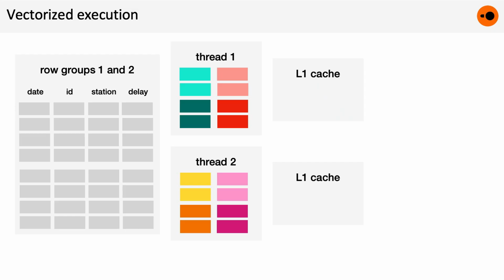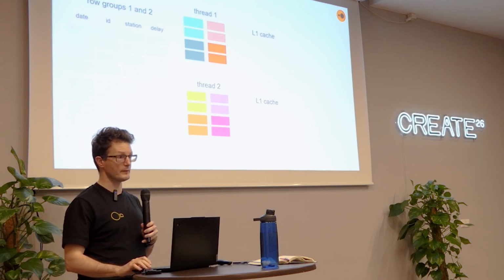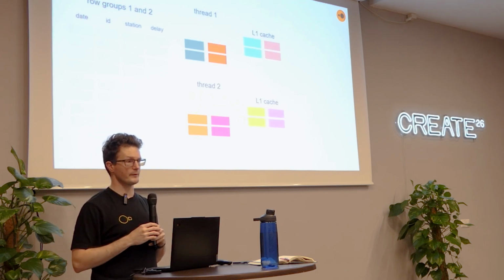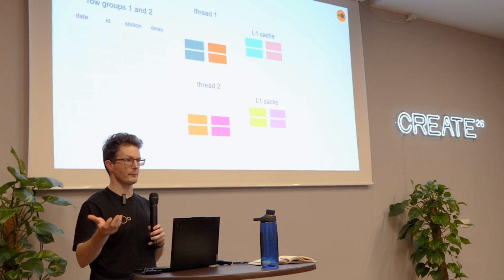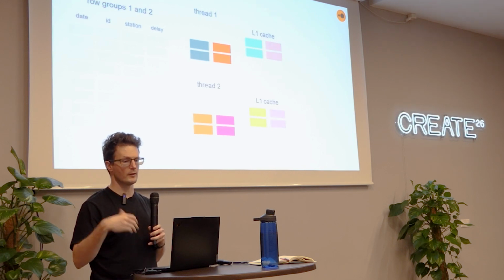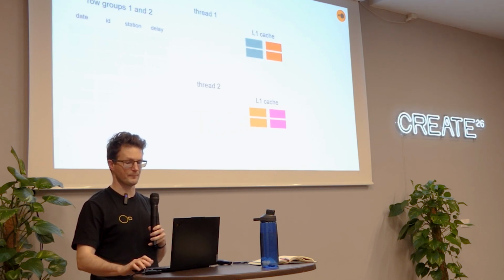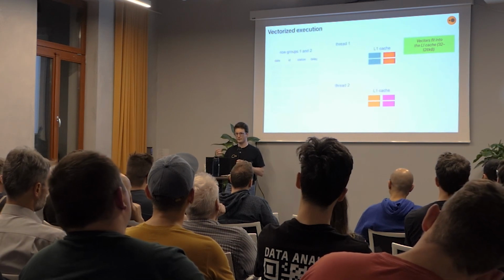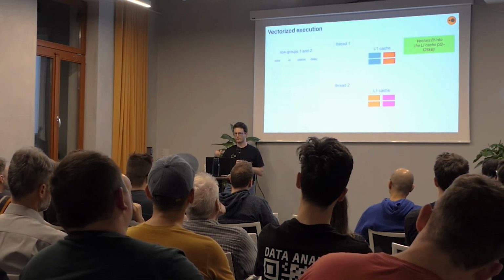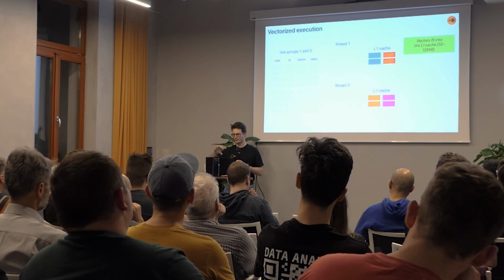And modern CPUs have quite big L1 caches, meaning that with the rightly chosen vector sizes, all the vectors for a given operation, for a given chunk, fit into the L1 cache of the CPU. And of course, the L1 cache is much faster than the L2 cache, the L3 cache, and the main memory. So 32 to 128 kilobytes is actually quite a large amount of memory if the data has this compressed columnar